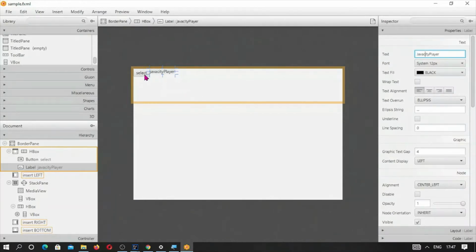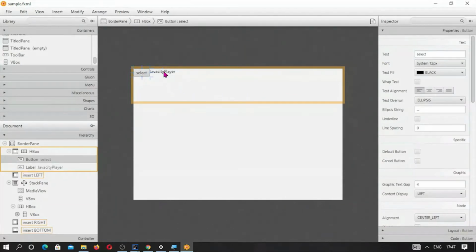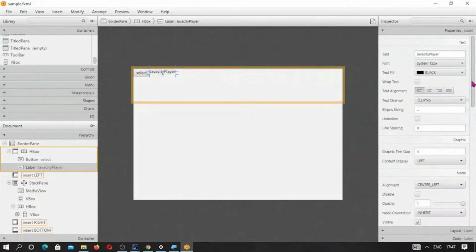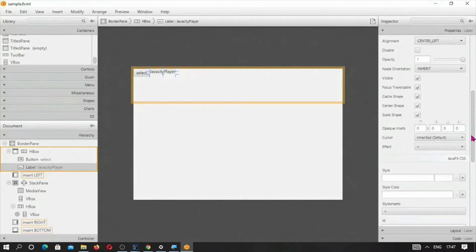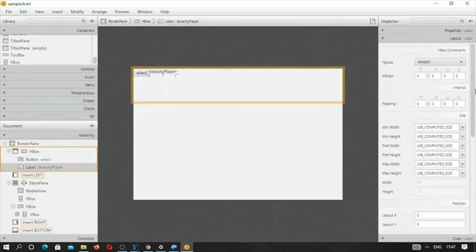Okay, now this select button should be given a certain margin. From here, in layout, let me fix it to 50.